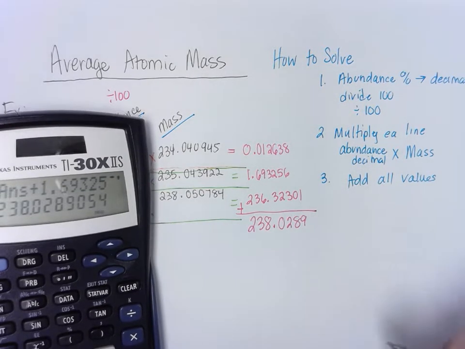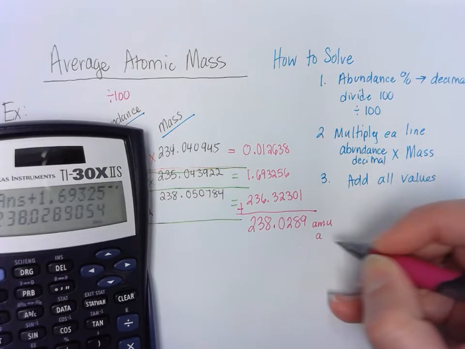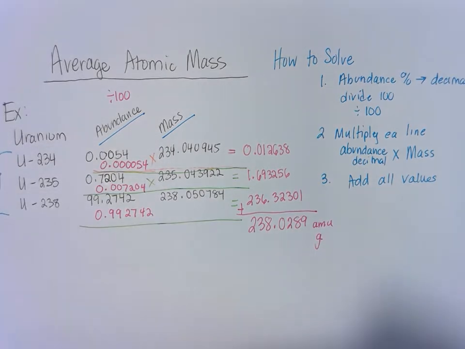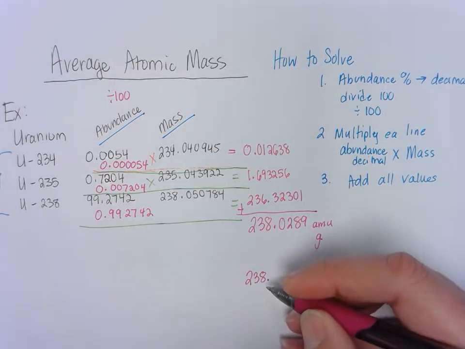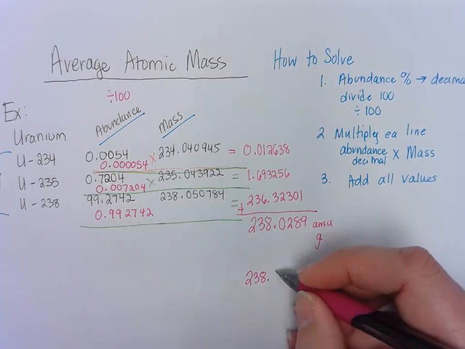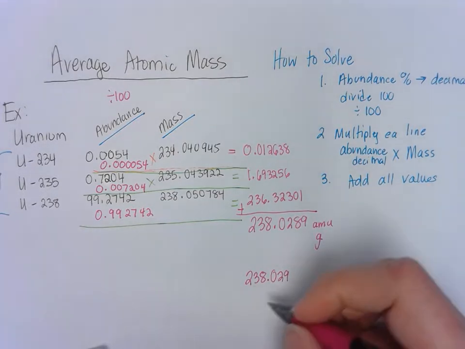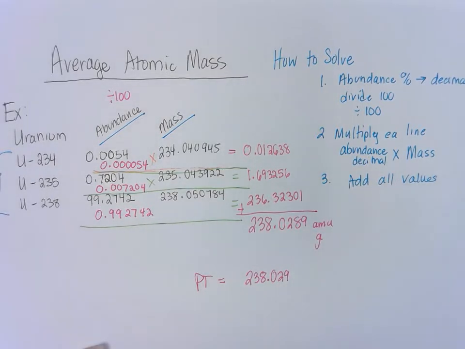238.0289. That's enough. And this is in atomic mass units, or sometimes it's represented in grams. And so if you look on the periodic table, the mass of uranium on the periodic table behind me is 238.029. And hopefully, if we did our process right, the value from the periodic table equals the average atomic mass